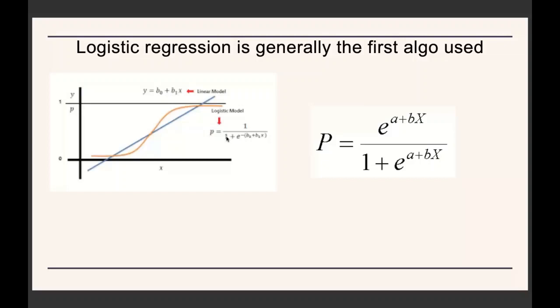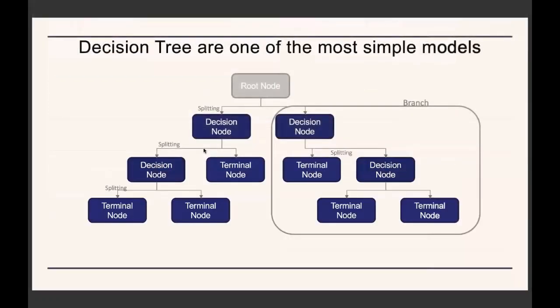So that is the meaning of your classification problems. Over here we can use logistic regression. If we talk about decision trees, again, it is a very simple algorithm that can be used. We have the root node over here, and we have the decision node, the splitting that we have seen